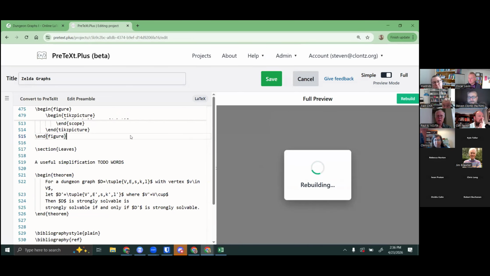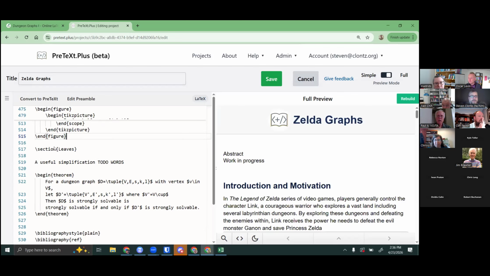And hit save one more time because sometimes it needs to catch up. Okay. Now, absolutely, this is not going to be a perfect automatic conversion. One thing to remember about LaTeX is that full LaTeX is a Turing complete programming language. Like you could do